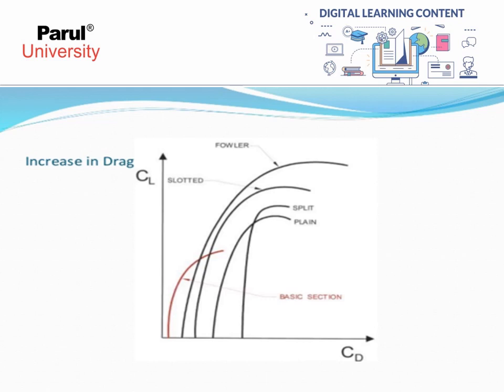What about the drag? Drag is minimum for the Fowler flaps, and split flaps have the maximum value of drag coefficient, the increase in drag. And after some time we will see the drag increasing if the lift keeps increasing continuously. In Fowler flaps, what is the disadvantage? Drag also increases simultaneously if you increase CL max. Okay, there is some limitation of the Fowler flap.